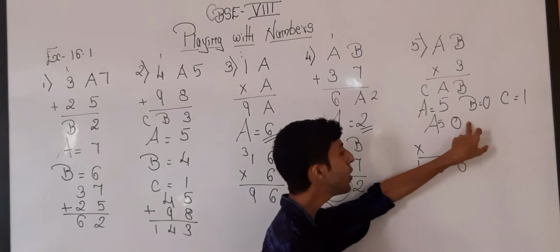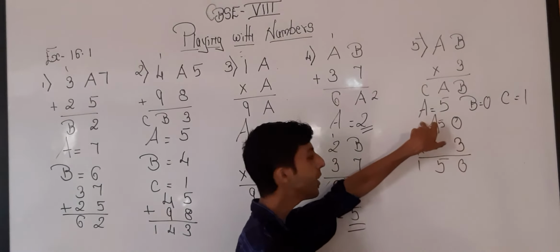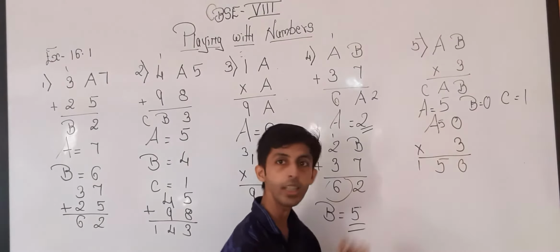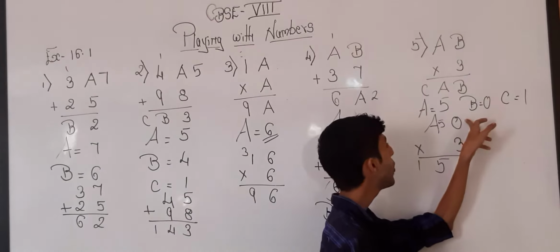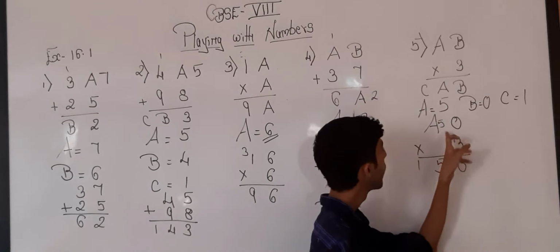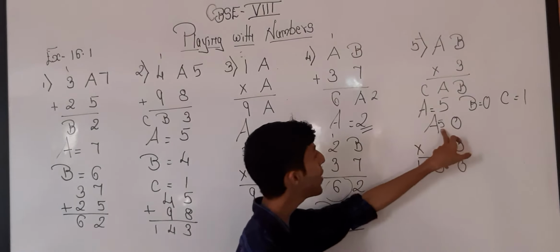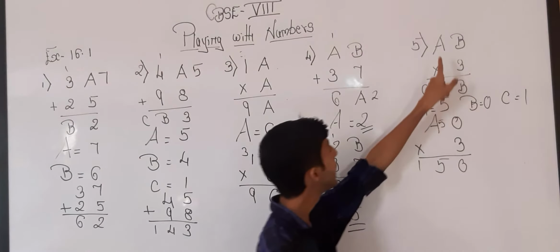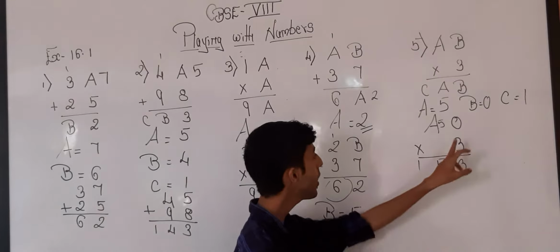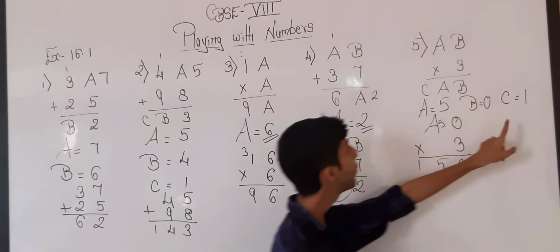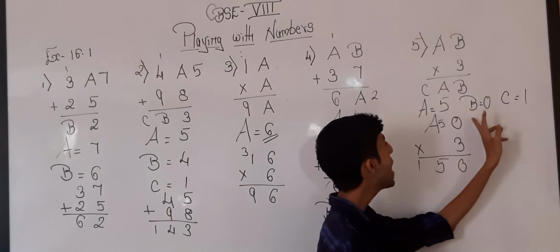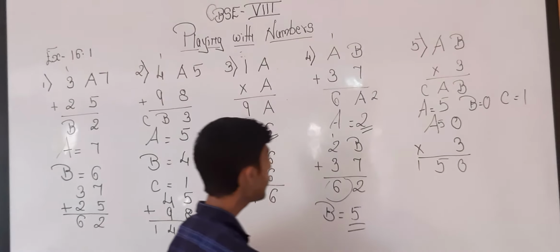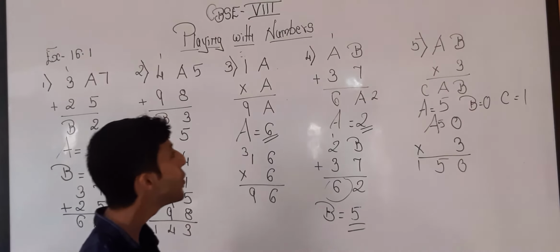But if I am taking 5, because of this carried 1, the value is getting affected, so I am taking the value of b as 0. So if I am taking the value of a as 5, 5 3s are 15, again 5 is repeated, instead of a 5s are there over here and over here 1, so the value of c is equal to 1, a is equal to 5 and b is equal to 0. Okay students, now we will be continuing question number 6.